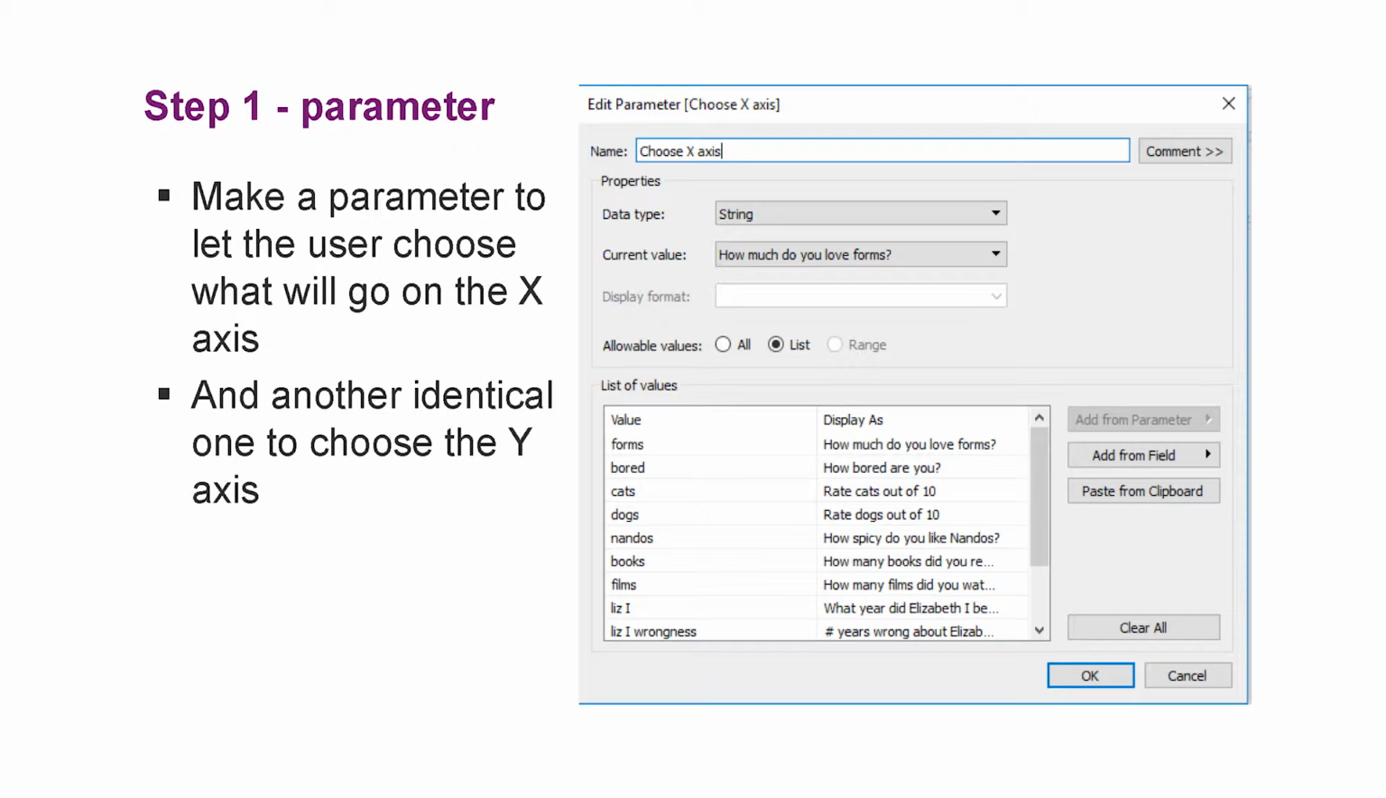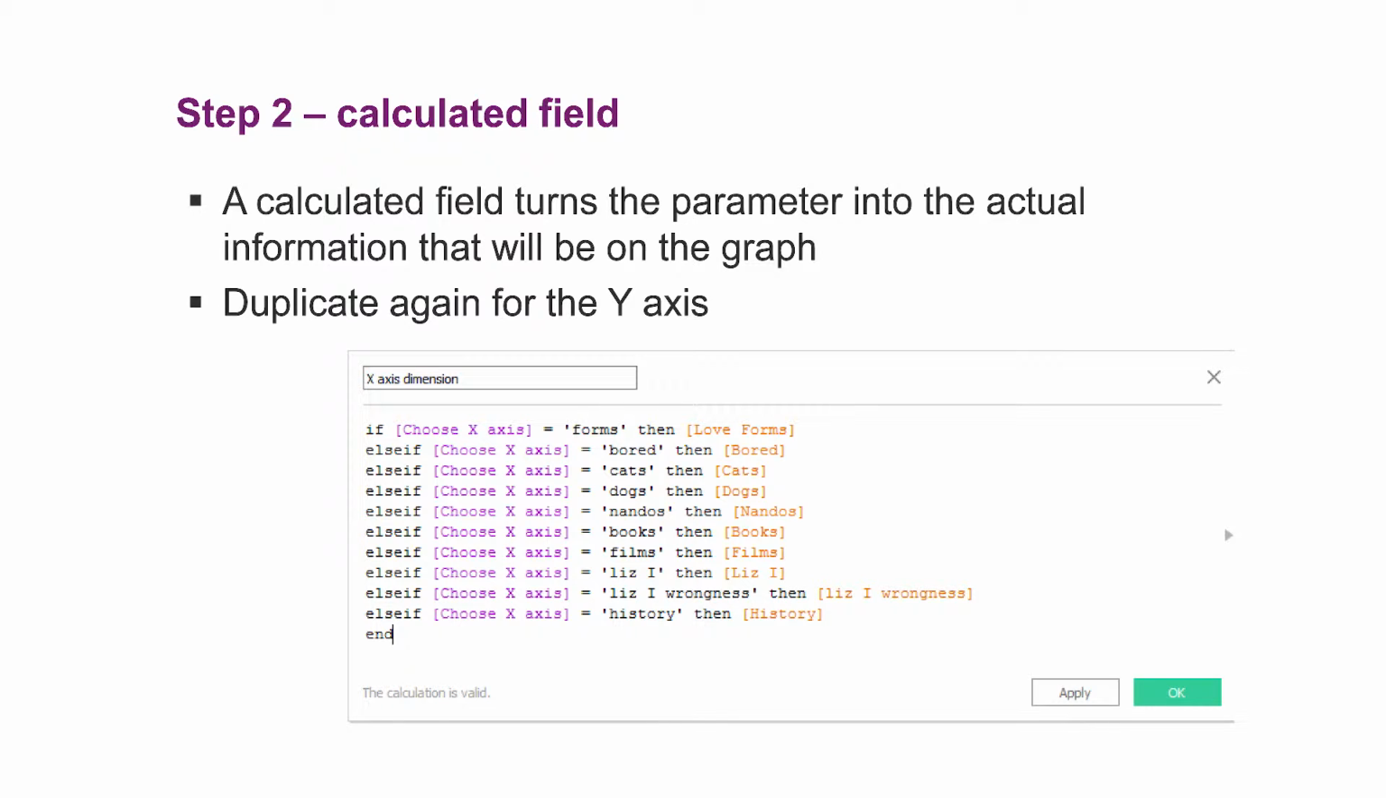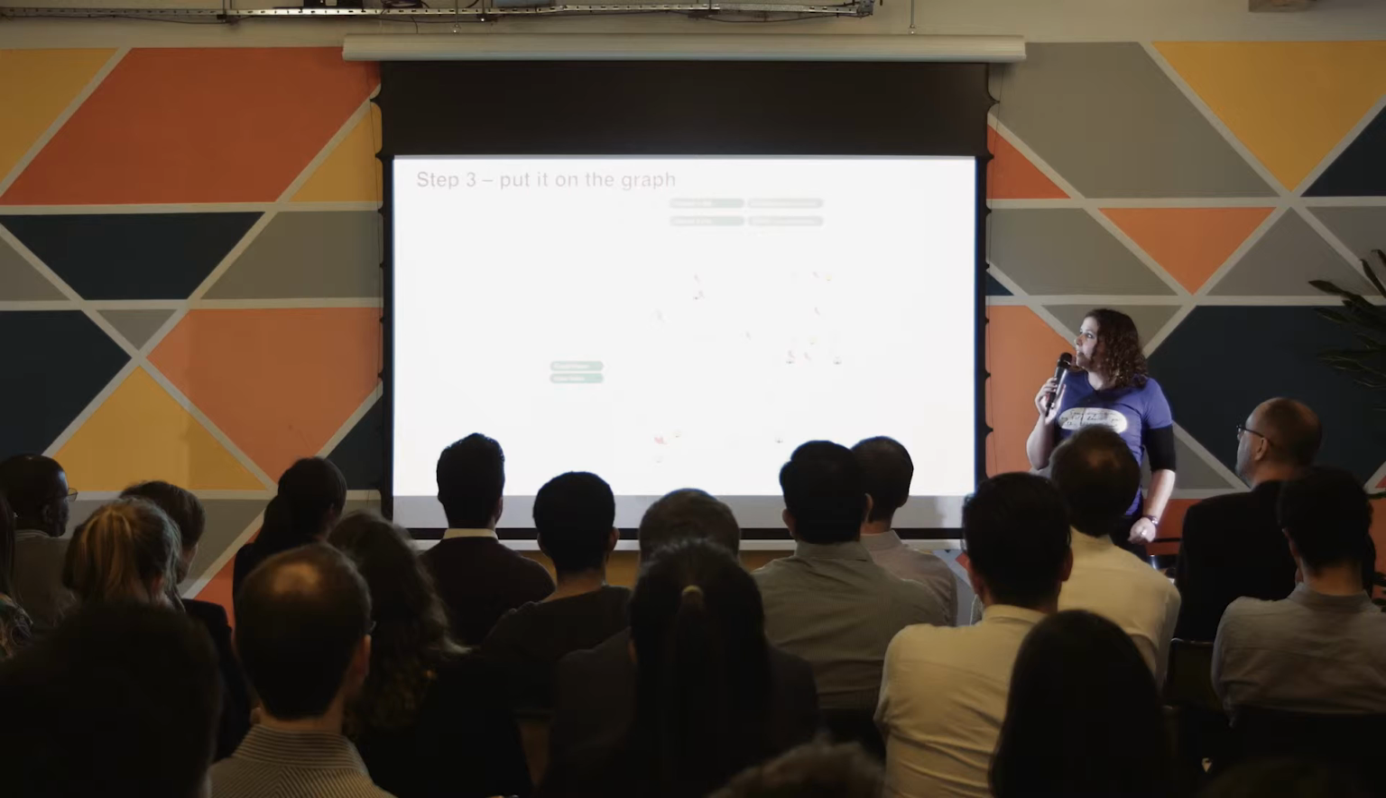So here we go. Step one is you want to make a parameter that has all of the different things that they might be putting on the x-axis. Usefully, you can have the value, which is something short, and the display as, which is something long. The reason you want the value to be something short is that you're about to put it into a calculated field, and you don't want to type out the whole thing. So, you'll see the slides later because I don't want to dwell on this because this isn't the exciting bit. You do the same thing again with the y-axis, and then you put them on,